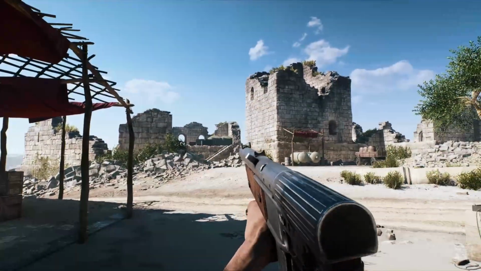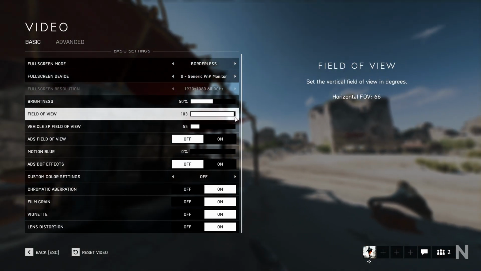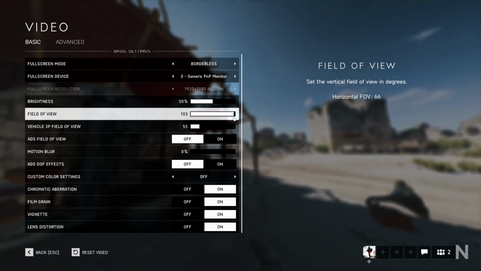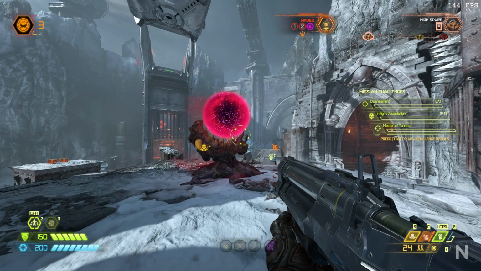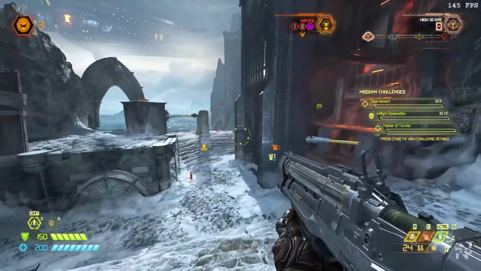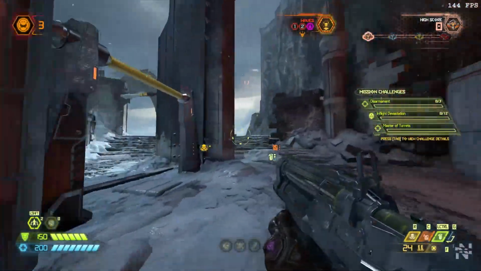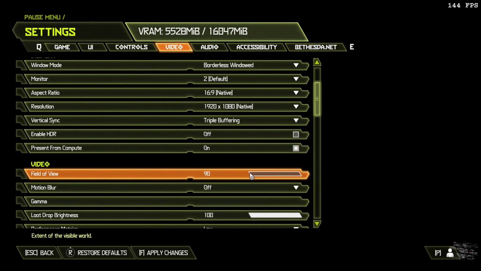For most games, FOV options typically range from around 60 degrees to 120 degrees or more. The choice of FOV setting directly impacts your gaming experience and PC performance. A wider FOV provides a more expansive view, enhancing situational awareness, especially in fast-paced games. On the other hand, higher FOV settings can demand more graphical processing power because the game needs to render a